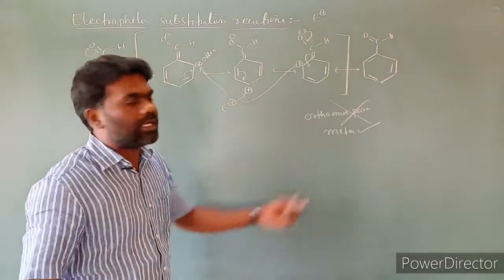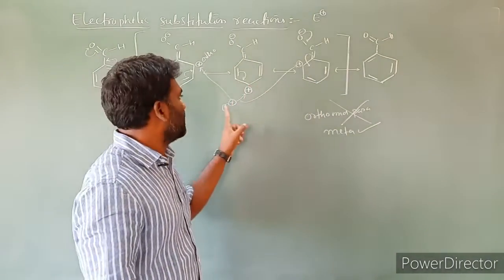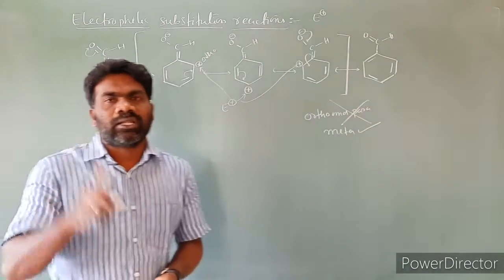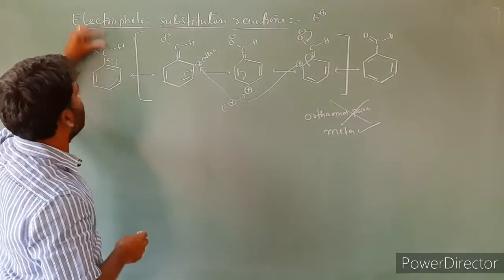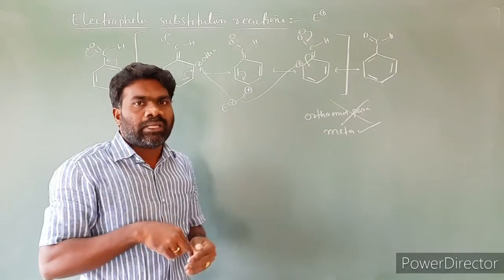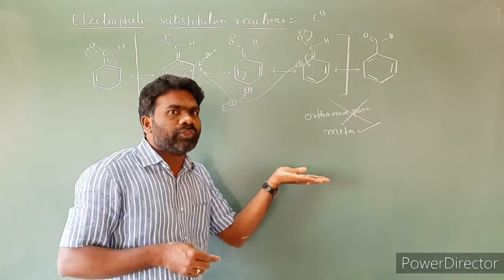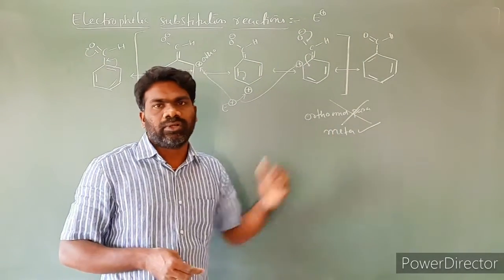Why is the product formed at the meta position? Because at the meta position no positive charge is developed. So the positively charged electrophile will attack at the meta position. The CHO group is electron withdrawing, so electrons are going outside the benzene ring. Look at the previous case, electron releasing: electrons came into the ring, and in that case the product is ortho and para. With an electron withdrawing group, the product is meta but not ortho and para.